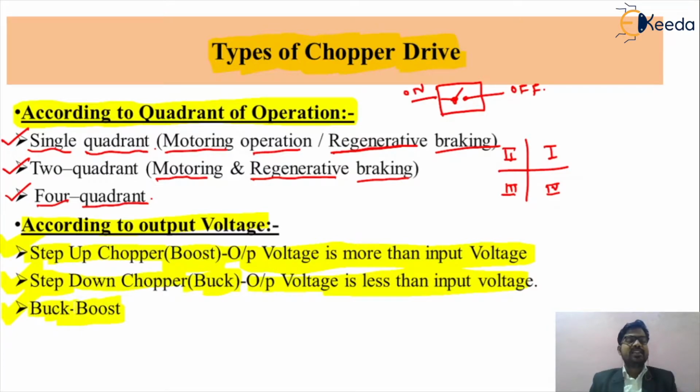So friends, why is this necessary? Because before we start the operation of regenerative braking, first of all we should know where it is related. Basically, in day-to-day life, friends, we are using different types of braking control systems. So for the sake of understanding that, we should know the different types of chopper. So friends, chopper will provide you motoring as well as regenerative braking operation. So we can study in detail what we mean by regenerative braking.